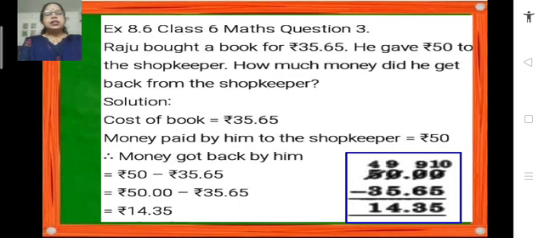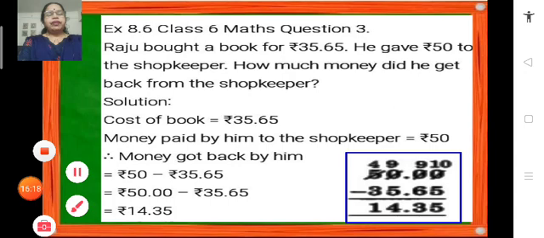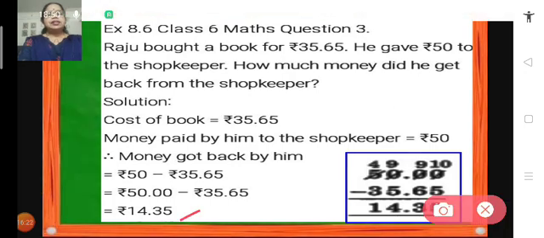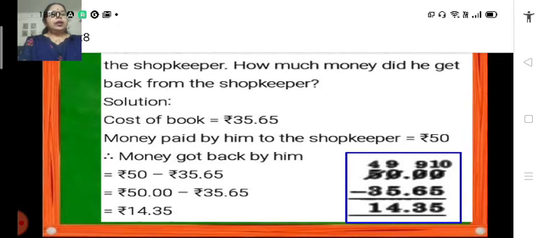So, what do we get? We get 14.35 rupees, 14.35 as the money that he got back from the shopkeeper. Now,